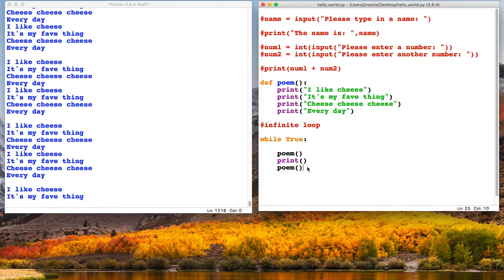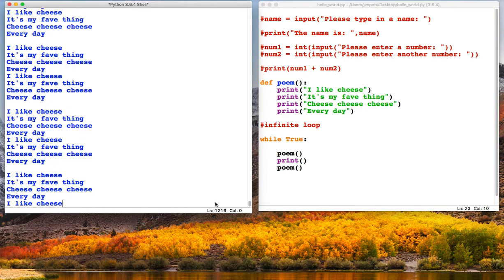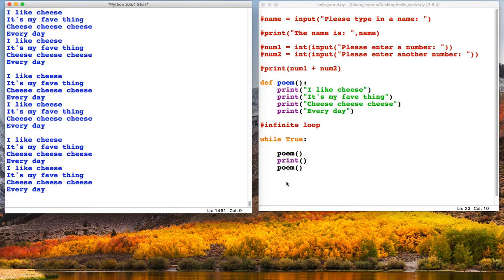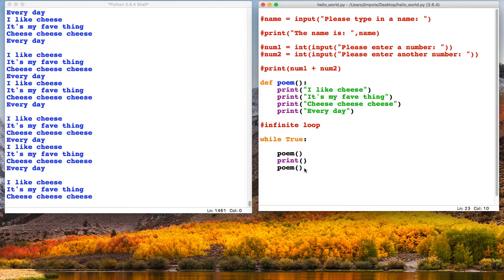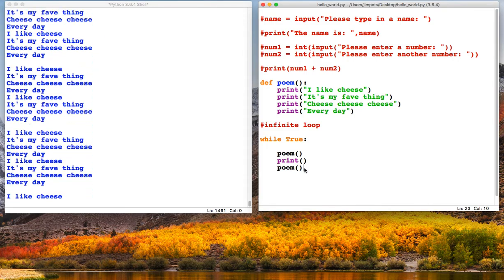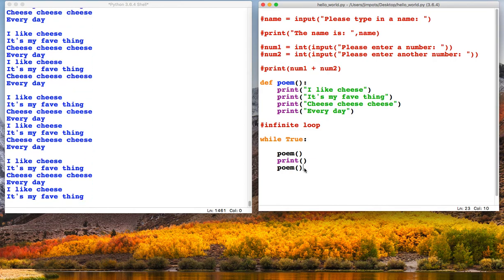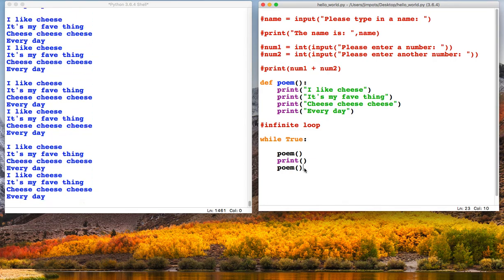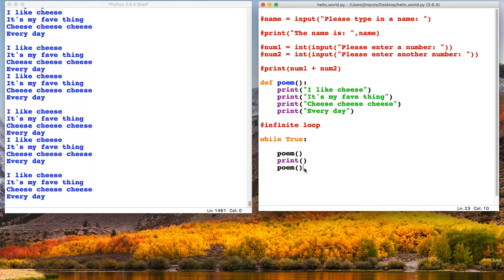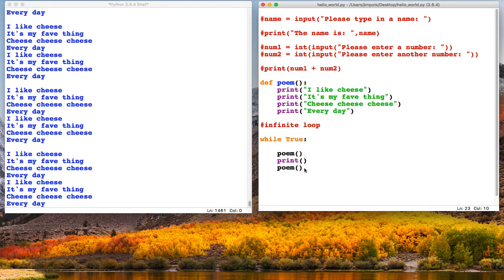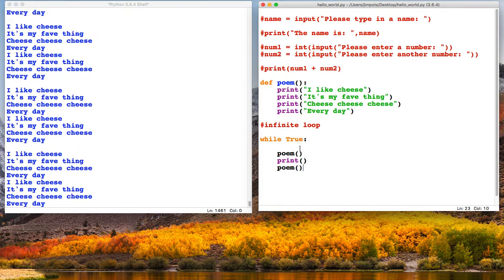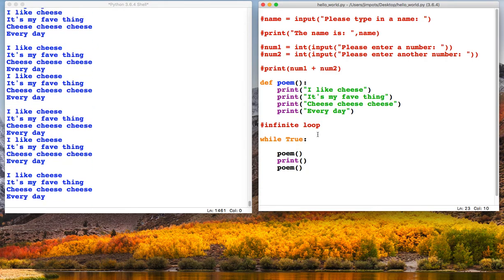Now the while True loop will actually just go forever. Okay, you can see down here we're on 1400 lines. Okay, and it will just keep going. There are ways of breaking a while True loop using the break command and so on. And maybe if you're interested in doing that, you can have a look up how to do that on the web. We're going to have a look at some other loops which give you a little bit more control in the next video, but have a go with the infinite loop, the while True loop, and see if you can get any of your previous programs looping forever.